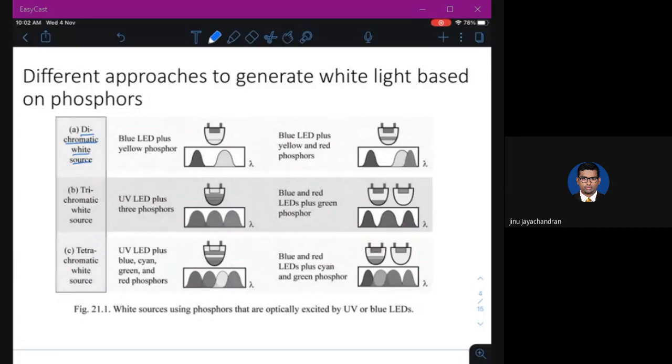For example, you can have a blue LED, which gives the wavelength in this region, and then you can have a yellow phosphor, which is this. So the blue light emitted will be absorbed by this yellow phosphor. It will emit a yellow light, which when it comes out of the LED will be white.